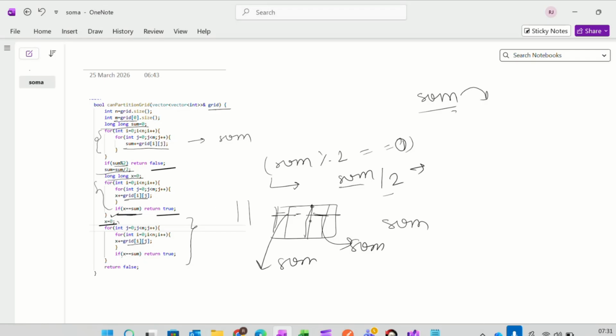So yeah, if we will get the sum that all the grid value equals to sum, then we can return it true. Otherwise we can return it false, that we didn't get the answer. So अगर अपन यहाँ पे टाइम कॉम्प्लेक्सिटी की बात करेंगे तो टाइम कॉम्प्लेक्सिटी कितना होगा? यहाँ पे दो लूप लगाए गए हैं. So time complexity will be n into m.